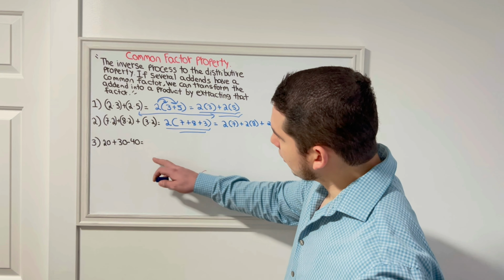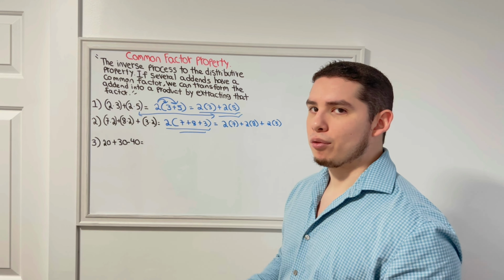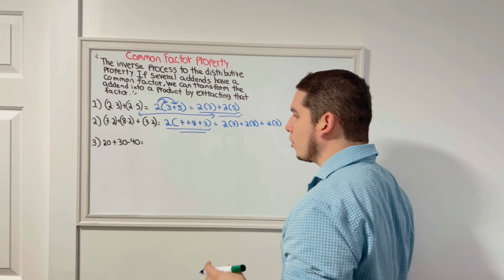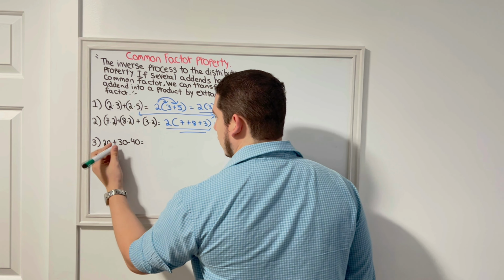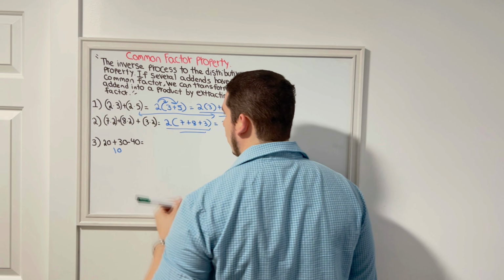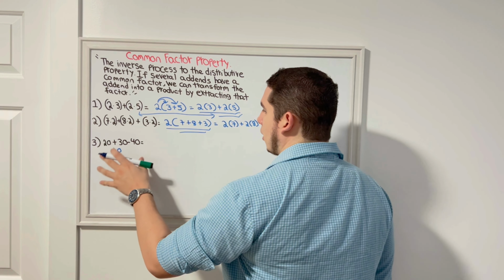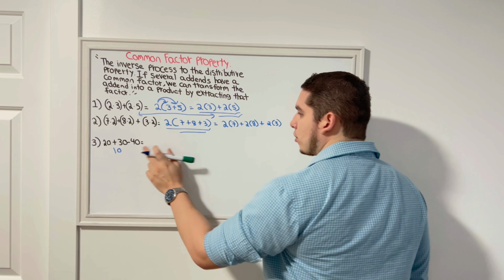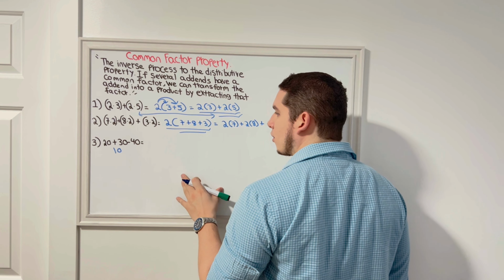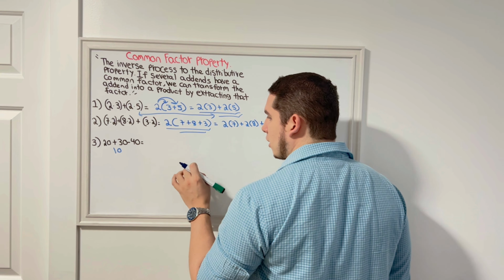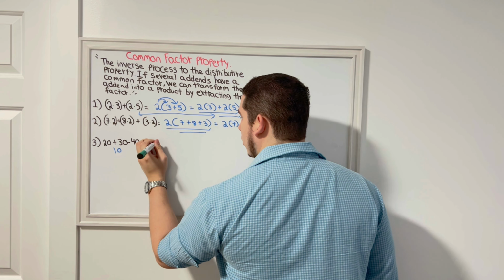Anyway, we have this last problem, and you may be asking yourself, how do I solve this? Well, we know in hand that the answer to this is 10, right? Because 20 plus 30 equals 50, and 50 minus 40 equals 10. But here, we could say that the 20, the 30, and the 40 have a common factor that is not seen directly, which is, for example, I could say 2 times 10